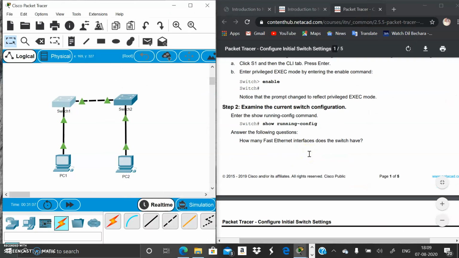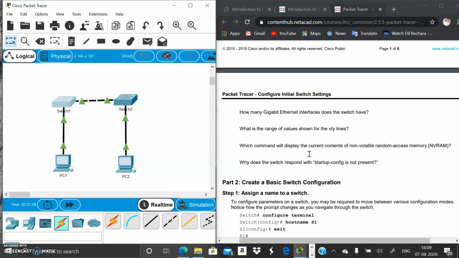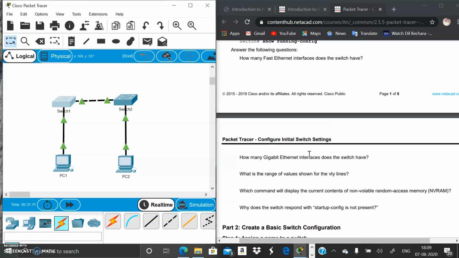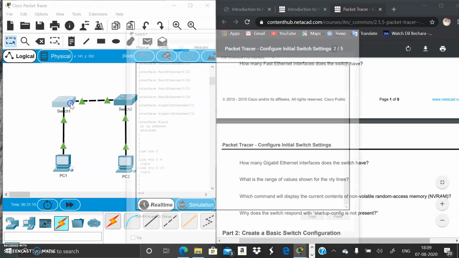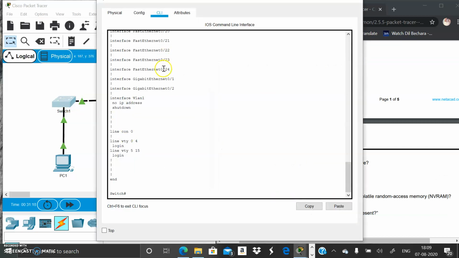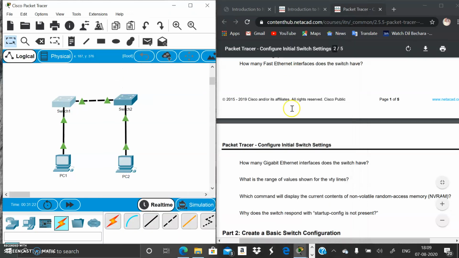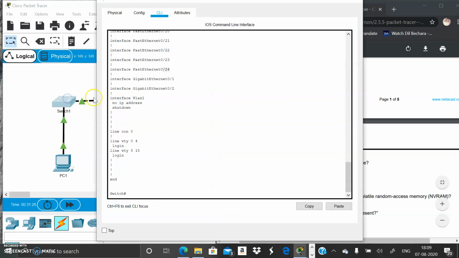Now we will assign the switch name later and keep it like this for now. They ask some questions. How many FastEthernet interfaces does the switch have? 24. Next question. How many Gigabit Ethernet interfaces does the switch have? 2.